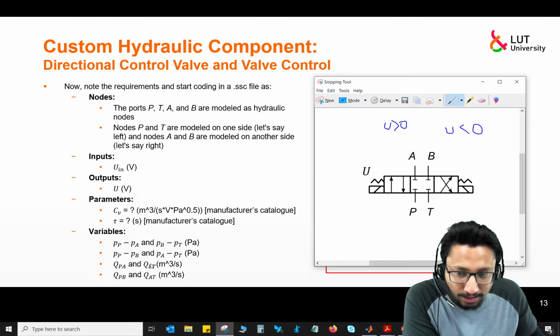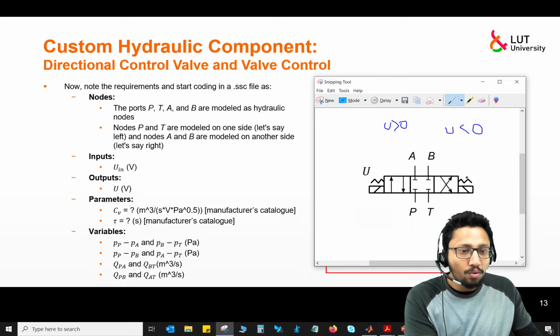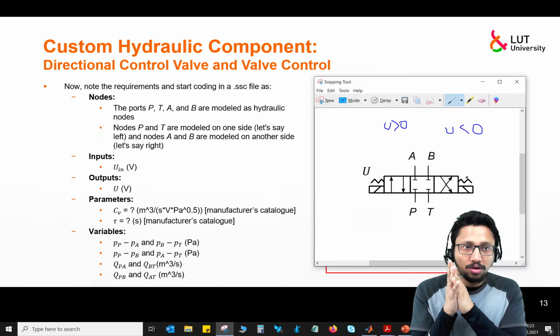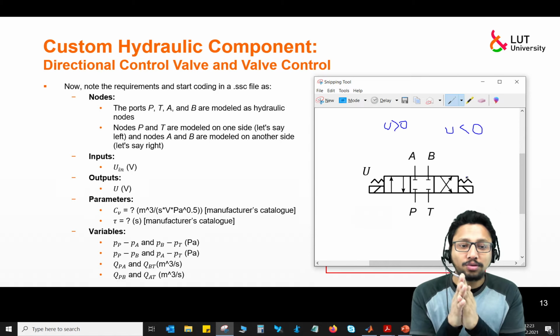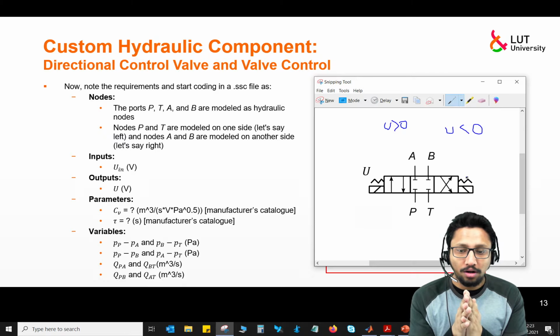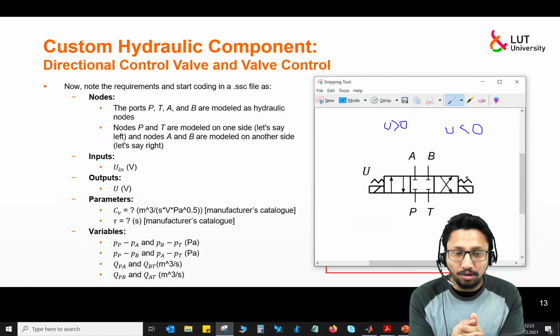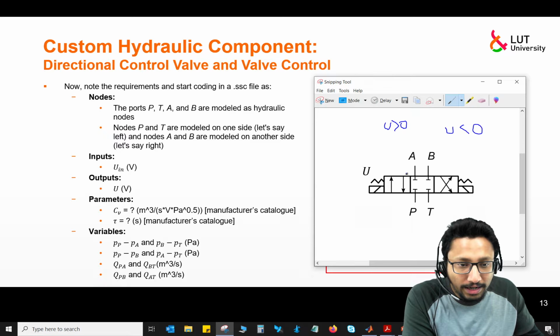So this is very simple. If you know the connections properly, you have the pressure difference across the ports as a variable, and then there will be an associated flow for that pressure difference across that particular port. So in any connection there will be 4 ports connected: basically port P to port A and B to T, or port P to B and A to T.